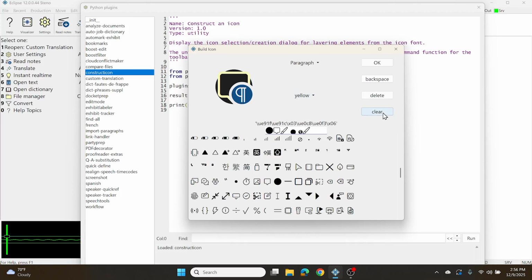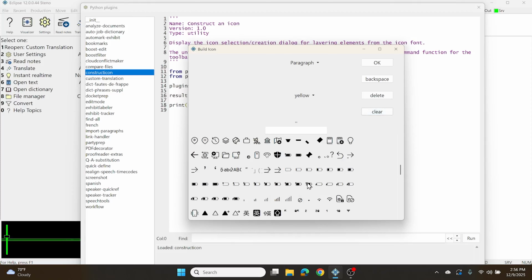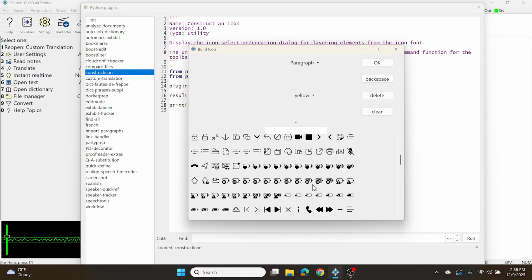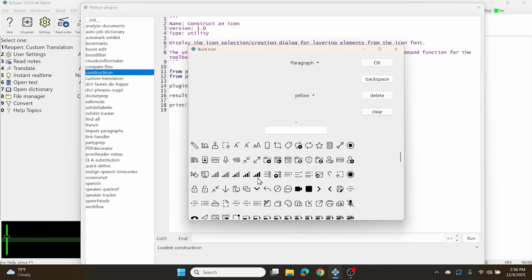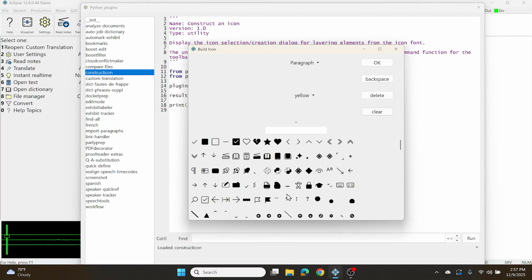Now, most users won't ever use this functionality. However, if you're building your own custom plugins, then this is something you're going to want to familiarize yourself with so that you can build recognizable plugin buttons for yourself or your firm or whoever you may be building plugins for. It can take a little bit of getting used to construct exactly the icon that you want, but once it's been constructed, you can take this text and copy it and place it into your plugin code in order